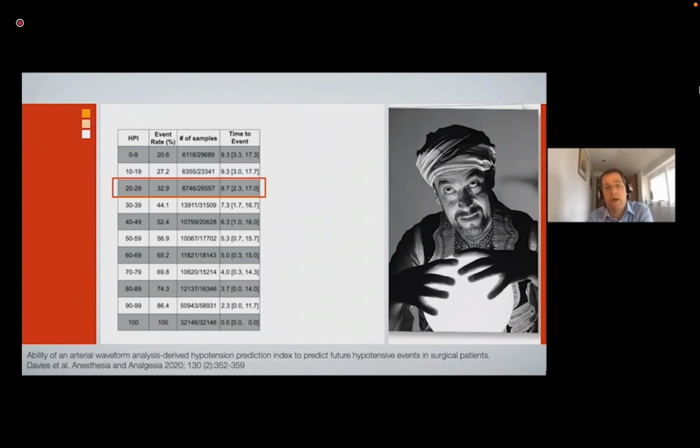And the average time to hypertension occurring is 8.7 minutes. Now, on the face of it, it looks quite bad. So a third of patients will be hypertensive, but as they approach hypertension, the output of HPI will become higher and higher and higher. With an HPI output of between 90 and 99, almost all patients, so 86.4% of patients,